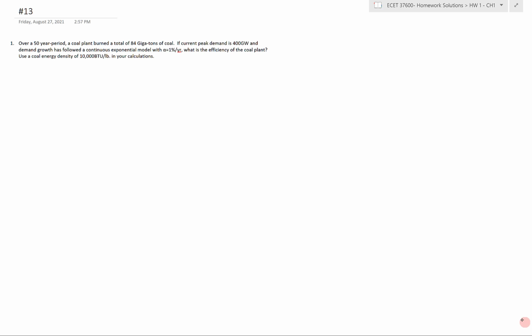Over a 50-year period, a coal plant burned a total of 84 gigatons of coal. If currently peak demand is 400 gigawatts and demand growth has followed a continuous exponential model with alpha of 1% per year, what's the efficiency of the coal plant? And we were given a conversion rate of 10,000 BTU per pound. So the givens,